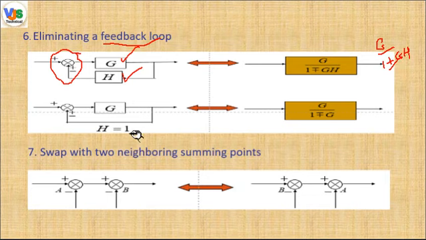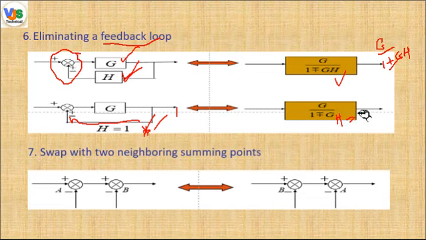Now whenever the same feedback loop system is provided but nothing is provided in the feedback loop, that means the feedback controller is not provided, we consider the value of H equal to 1, and we just make the simple arrangement this way. But here in this case the value of H becomes 1.